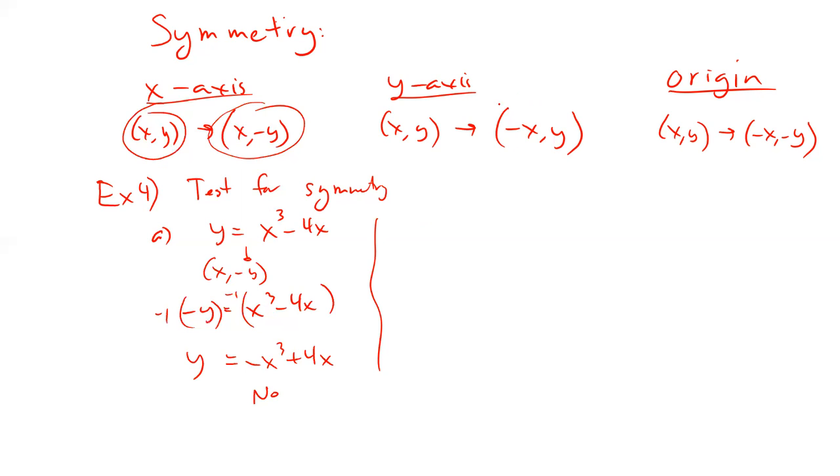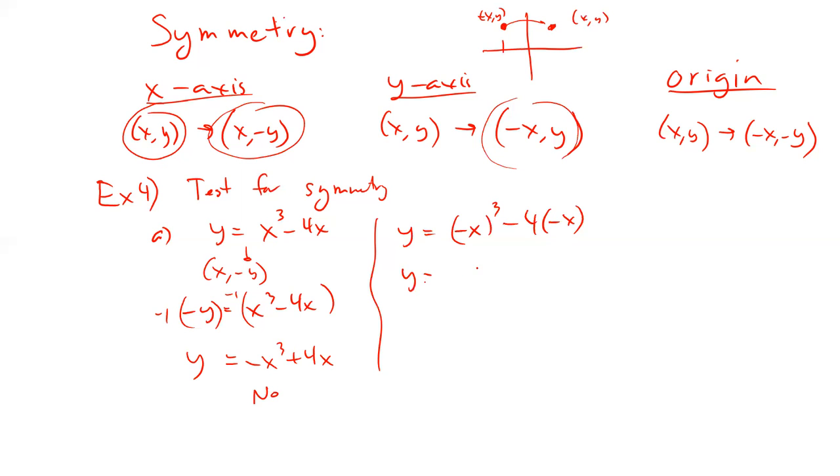In this case, we're going to plug a negative in for the x value. So y is equal to negative x to the third power minus 4 times negative x. And the whole hope is this: if I plug in a negative on this side of my y-axis, it's going to do the same thing that it does on this side. Graph-wise, what I'm trying to figure out is this: if I have a dot over here at negative x, positive y, I'm also going to have a dot over here at positive x, positive y. I'm going to see if those dots are the same.